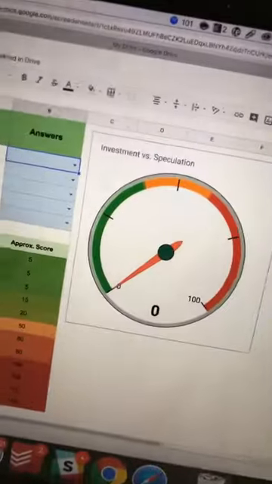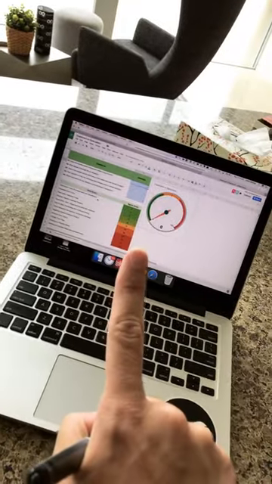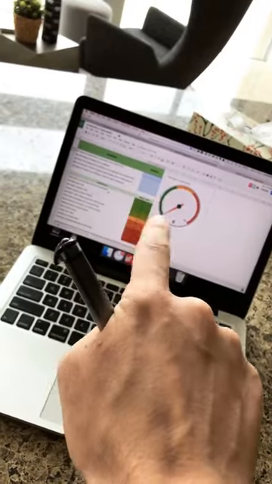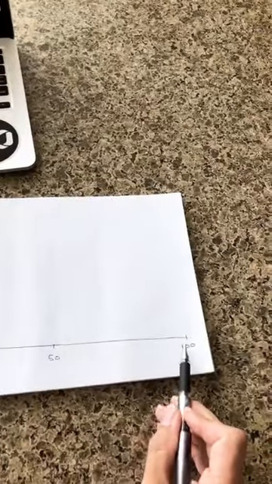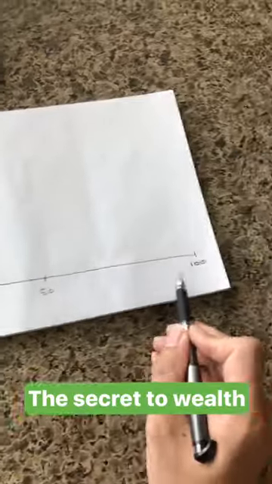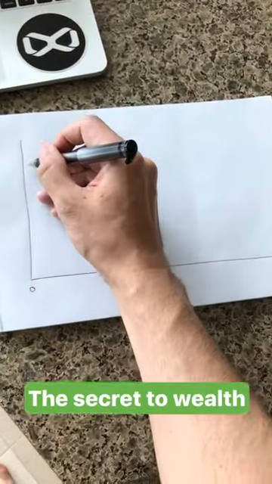Now, here's how to actually apply this in your life. Whenever you're about to go and buy an investment, do these 5 questions. Fill in the blue cells and get your number. Then you have a little chart like this. God, I love charts. So this is 0 on there, and this is 100. That's a speculation. These are your investments. That's your gold. That's your speculation. This is the allocation that you want in your life.